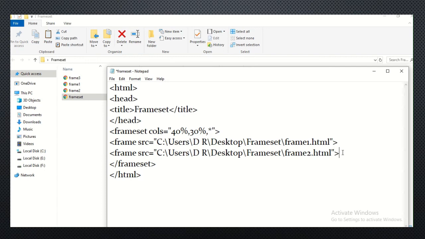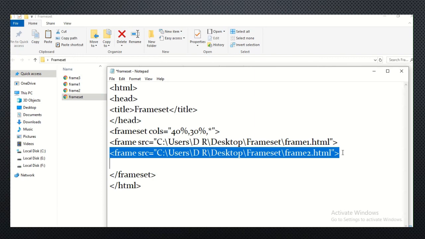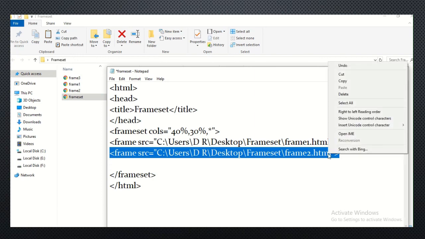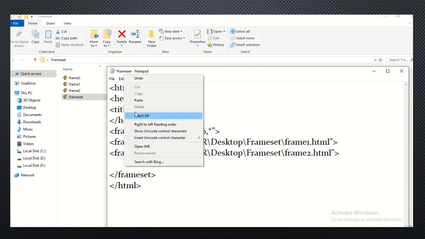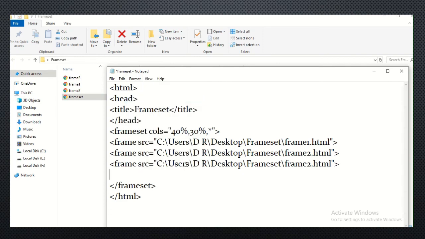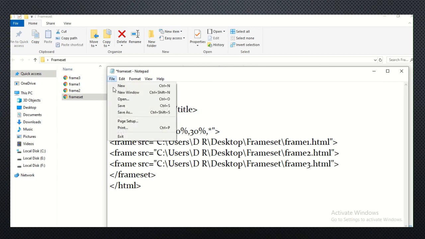Since we have used one more value in cols attribute, now one more frame src we are going to add here to add the third web page. So frame src equal to, then giving location of the file and name of that file, that is frame3.html. Now save the file and open it to see the output.